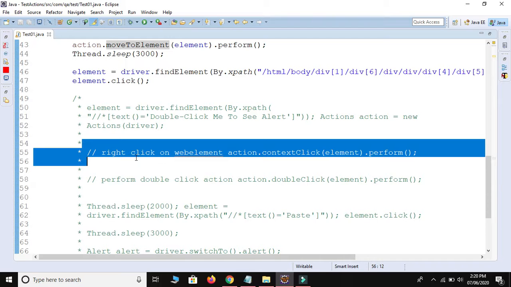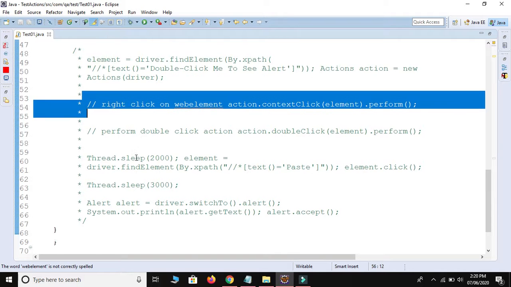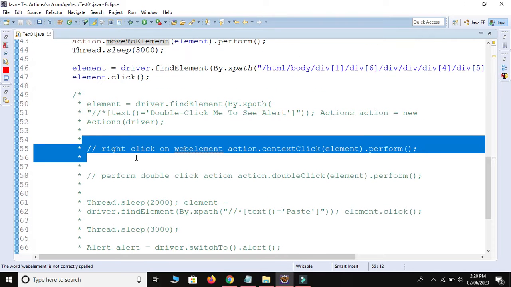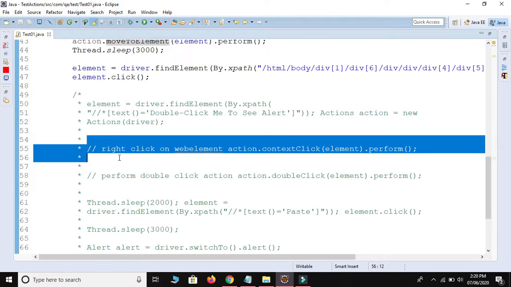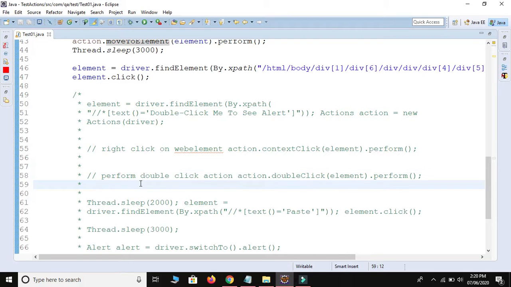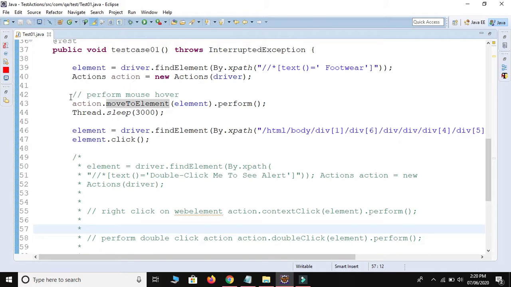Okay, and which one is for the double click? I just forget. Yeah, I think this. This is for the right click. This is for the double click. Okay, so for the right click we use context click method, and for the double click we use double click method. Okay, and for the mouse hover we use move to element method.